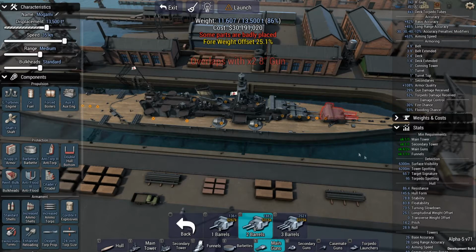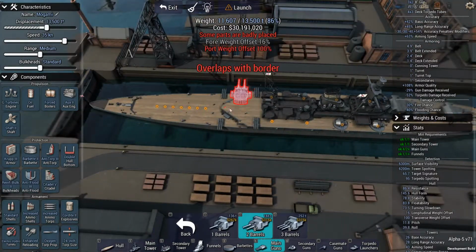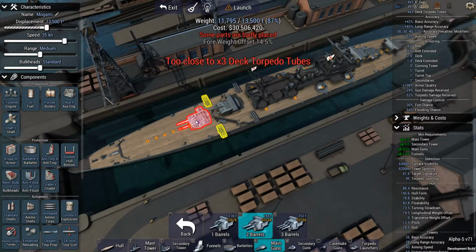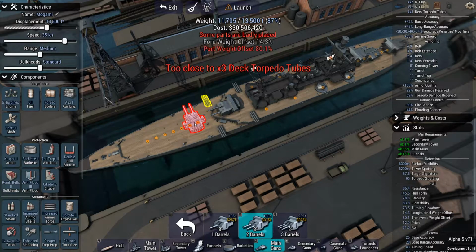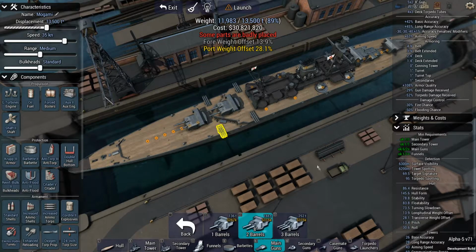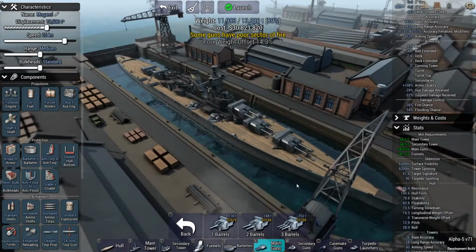It's slightly more difficult to squeeze in the front towers, as you can see. The rear tower is pretty straightforward. As soon as you can put it without any shift or control, you just snap the 4th tower, and the 5th one you need to use the shift button and put it as close to torpedo launchers as possible. And that is pretty much our